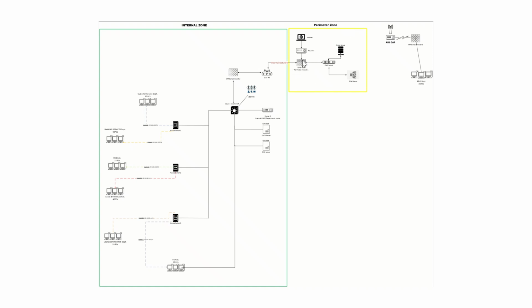This information will travel to my DMZ switch, which is for hosting two external facing servers, the proxy and